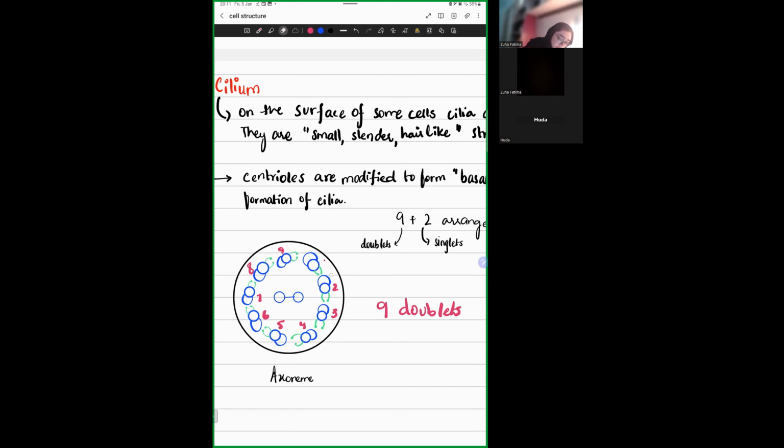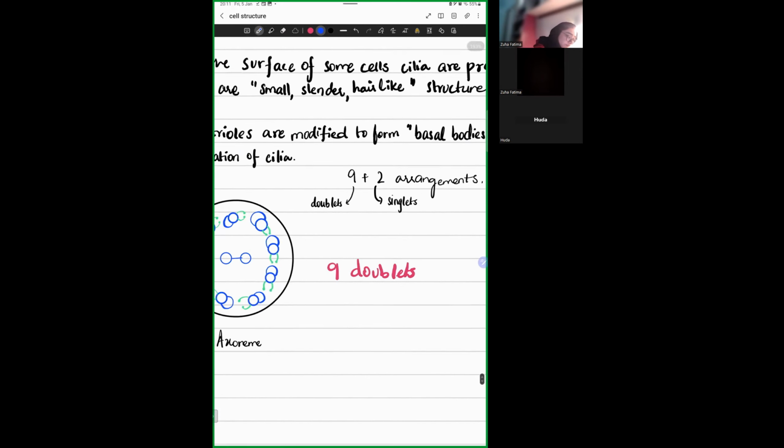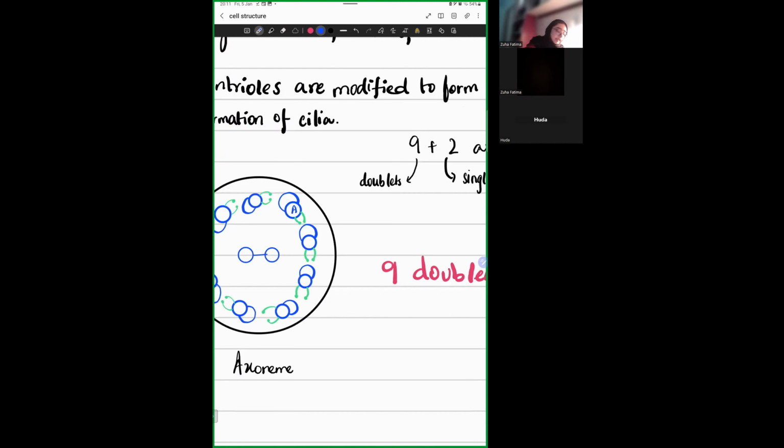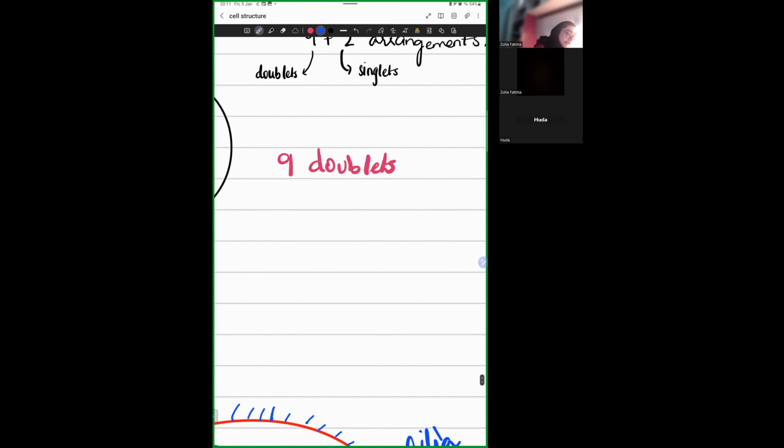So we have our 9 doublets. And we also appreciated that each doublet has one complete circle and one semicircle, right? So basically these doublets are again microtubule doublets. What did we study in centriole? That we had microtubule triplets. In cilium, we have microtubule doublets. And let's say the one which is a complete circle is A, and the one which is a semicircle, that is B. So we have 9 doublets